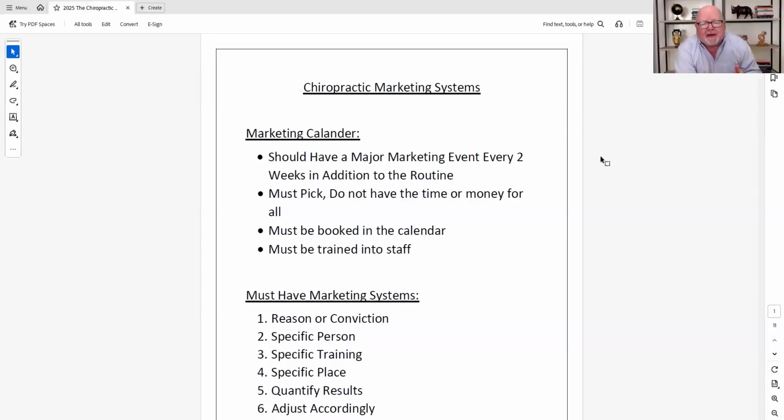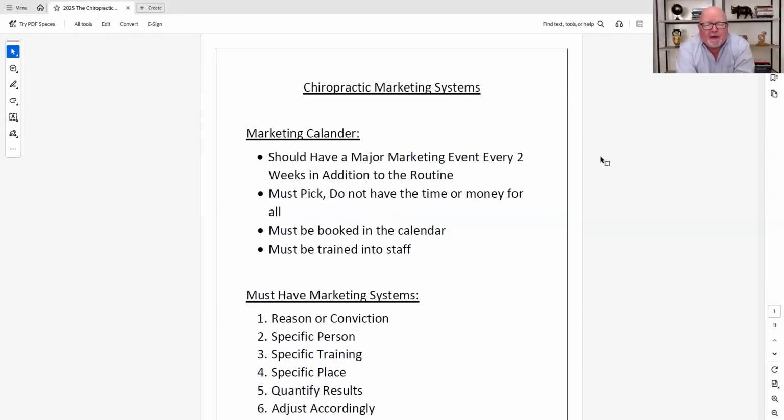So that's why every staff meeting, there's always marketing training. And in every staff meeting, one of the 10 major categories that we always cover is, okay, how well did last month's marketing events do? And remember, you always have to quantify your marketing, because that tells you if the person gets a bonus, if it's average, if it's below average, do they need training? What's your return on investment? Every marketing system is quantified. That's how you know what to do, if it's working or not working, and what the return is. And it's evaluated every staff meeting.